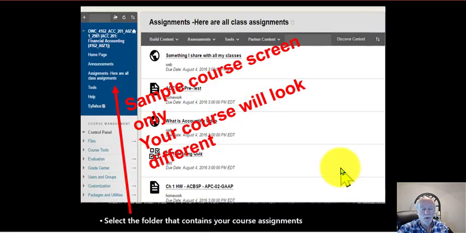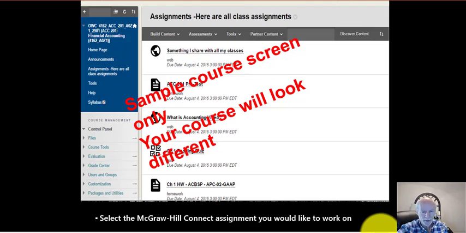All my assignments are going to be under a link called Here Are All Class Assignments. Click on that and you'll see the assignment list, and then click on the assignment you want to work on. By the way, these are just sample screens. Your screens may not look exactly like this, but you'll get the idea.